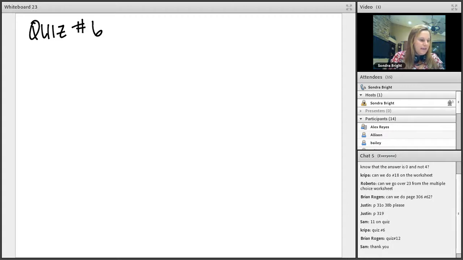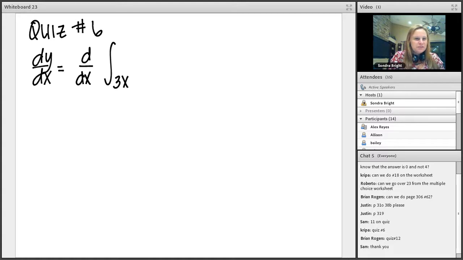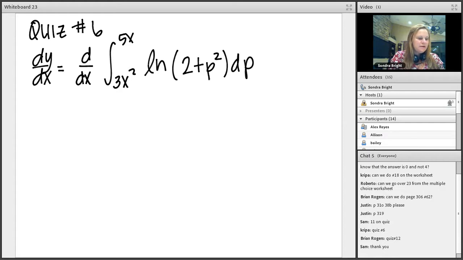All right, so they gave you y equals and they want you to find dy/dx. So dy/dx will be taking the derivative of this integral they gave you, because they told you that's y. So the integral from 3x squared to 5x of the natural log of 2 plus p squared dp. Okay, so the fundamental theorem of calculus says